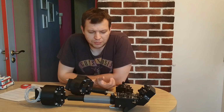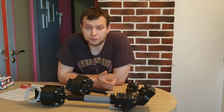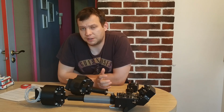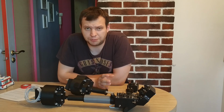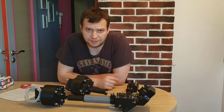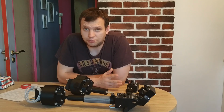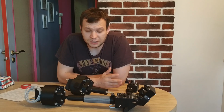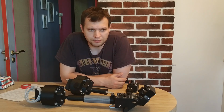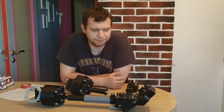So for example, I can plug my collective with the head, cyclic, this thing here we'll be talking about later, and the pedals to the first one, and then I can plug everything else I want to the second, the third one, and as I just told, every device can work separately. You can manually choose which device goes where by uncommenting defined lines in device definitions file. So you manually tell which device is connected to which controller, and this is cool because you can actually stack them infinitely. You can just use as much as you want. So you can have an unlimited number of devices connected simultaneously,